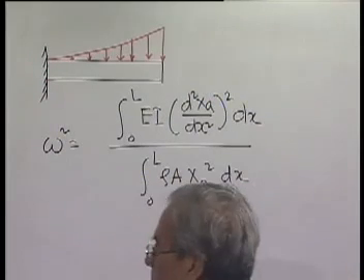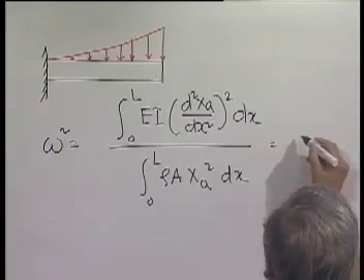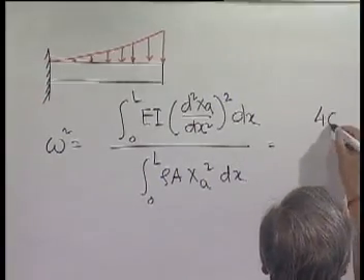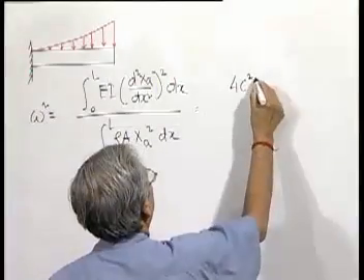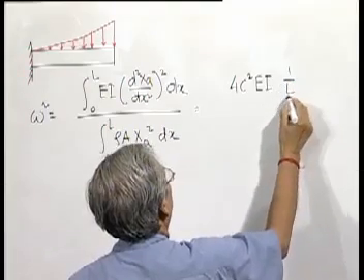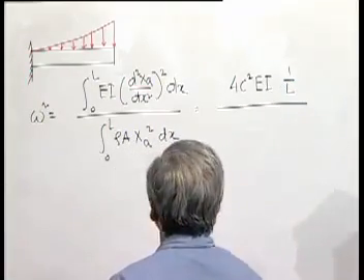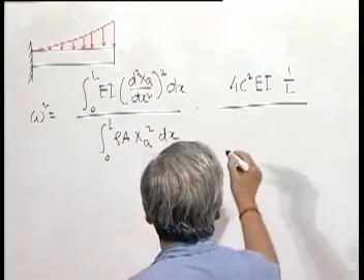Now we know d²x/dx² is 2c. So this will be simply 4c² into EI dx, that is 1 by L, that is the numerator. And what will be the denominator? Rho A